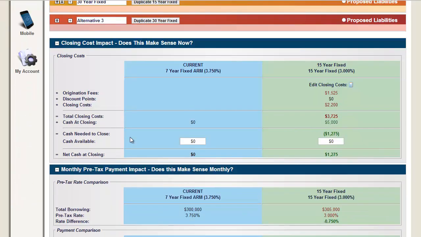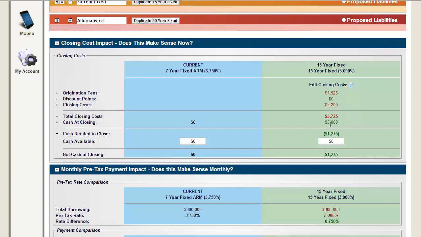So I want to be consistent in how I explain things because it makes it easier for me. I know how I'm going to go about this, and I'm going to answer first their questions around closing costs. If you keep the 7-year ARM and do nothing, you'll have no out-of-pocket closing cost. If you go with the 15-year fixed, you're gonna have about $37.25 in closing costs, but I'm financing that in for you. I'm bumping your mortgage just a little bit to get started